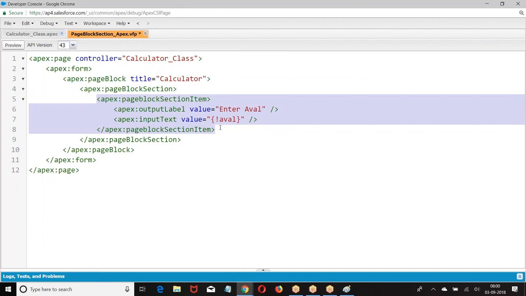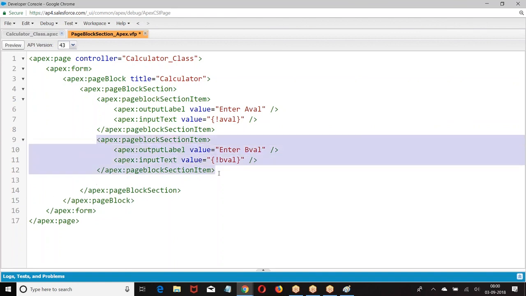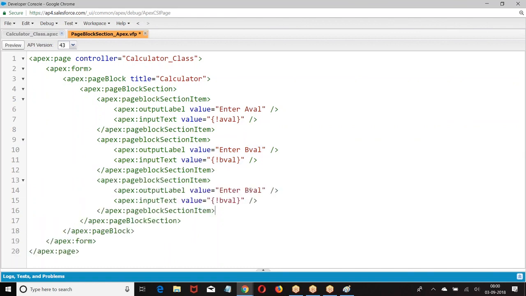Then the next page block section item: enter A value, enter B value. One more section item: enter A value, enter B value, enter C value. What is the result? I'm just creating columns here. How many columns do I want? Columns equal to 1.